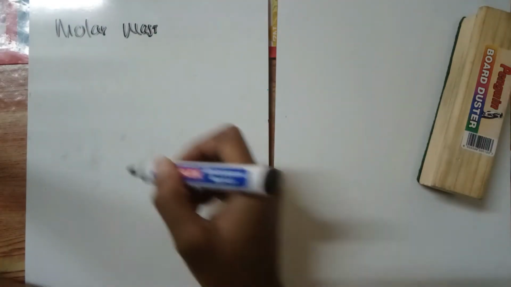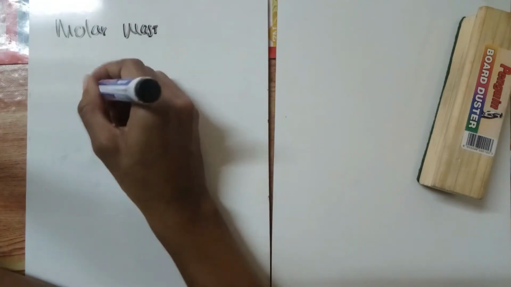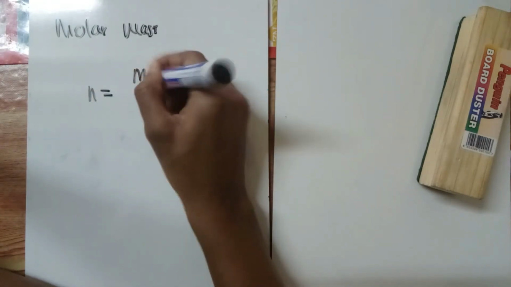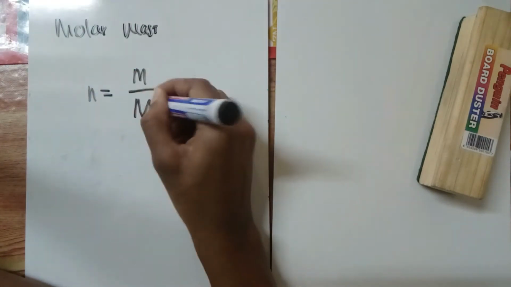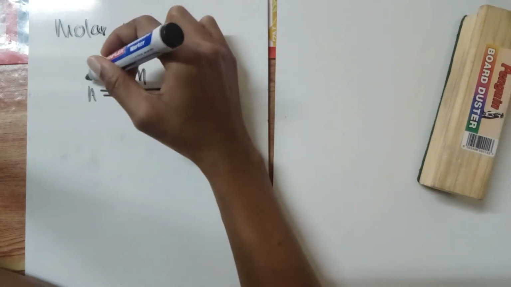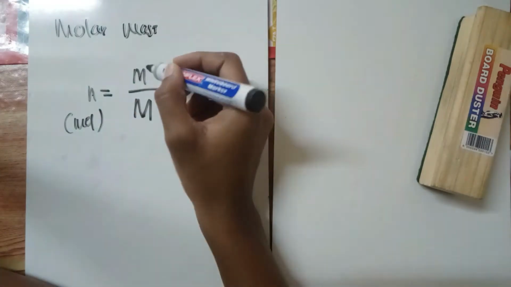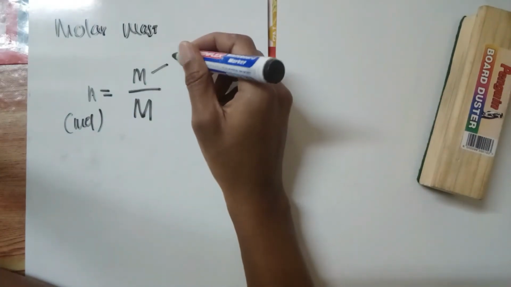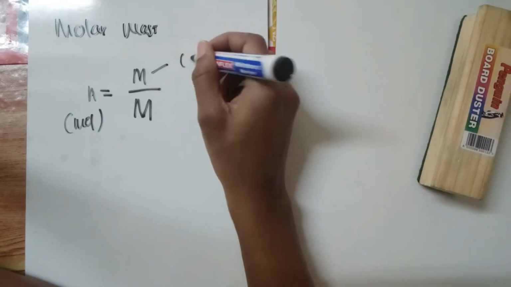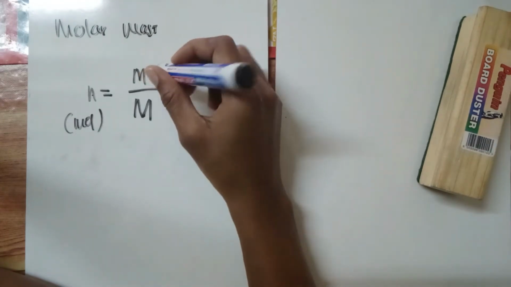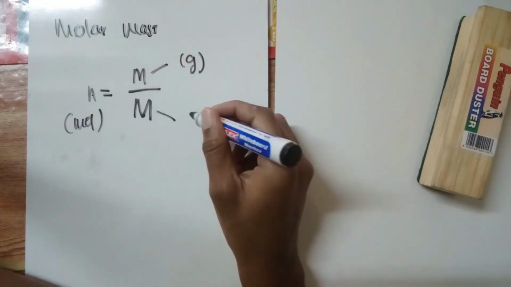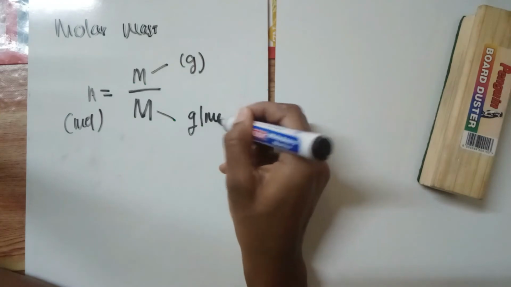Molar mass can be related to the number of moles through this equation that I'm sure you are quite familiar with, right? So n still is the number of moles measured in moles. And then m is the mass of whatever substance, measured in grams. So this is your mass, and here is your molar mass,